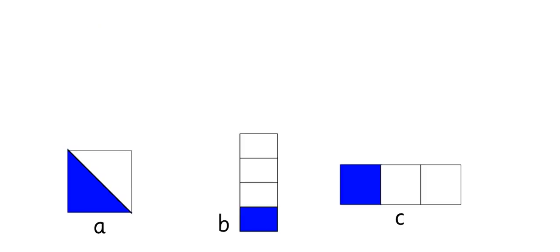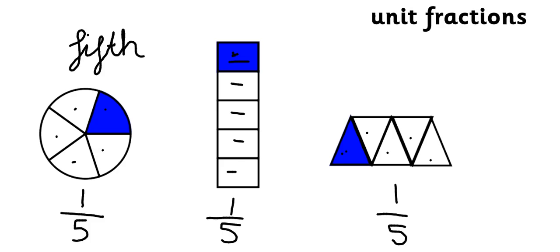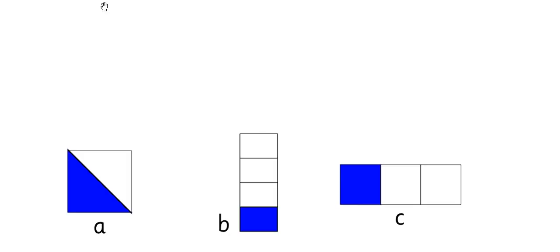Okay, it's your turn now. In your maths book, let me cover these up. In your maths book, you are going to write A, B, C. And then next to A, B, and C, you are going to write the fraction that is shown. So for example, if you were looking at A, and A showed a shape with 5 parts, and 1 part was coloured in, you would write next to A, 1/5,